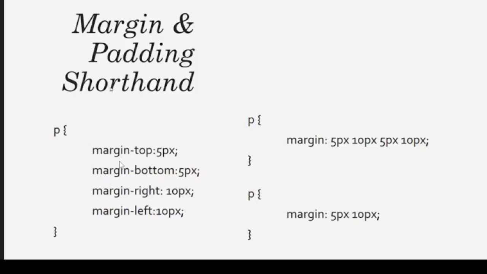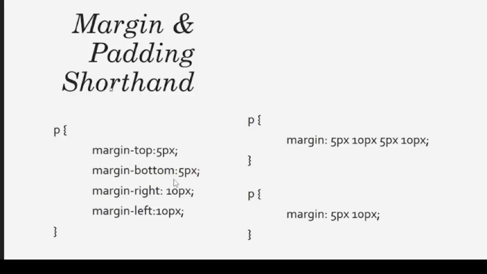If you say margin top equals 5 pixels, you can say margin bottom equals 5 pixels. You can say margin right equals 10 pixels, then margin left is equal to 10 pixels. So the same thing is also applied in padding. You understand? So another shorter way of doing it